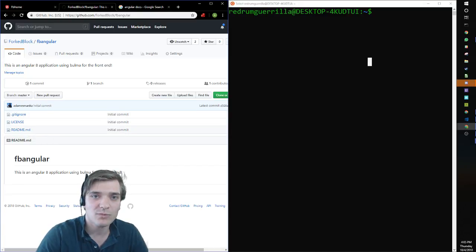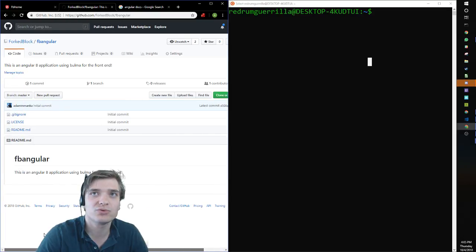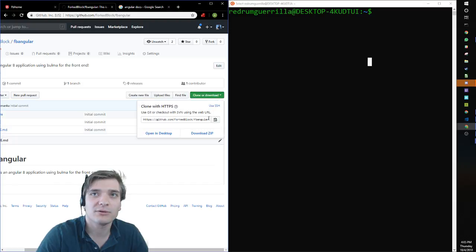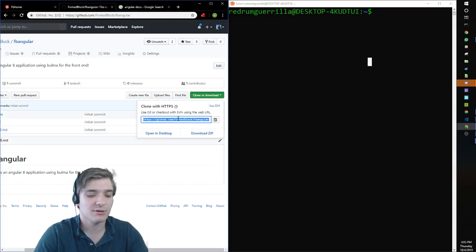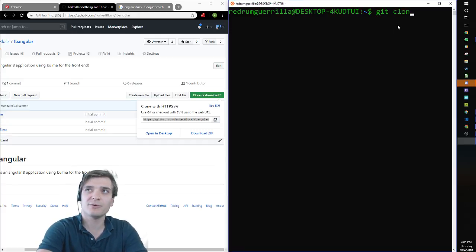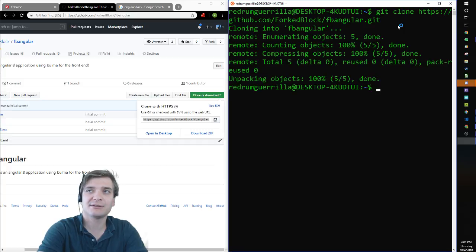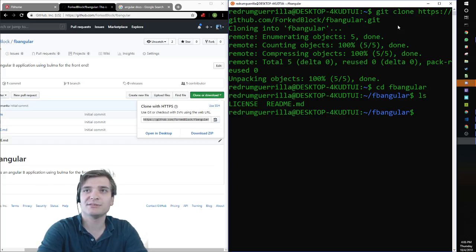So what we're going to do is clone it. Clone that. The command for that is really simple. We're just going to go git clone. Boom. And obviously just copying and pasting and then changing into this directory. And now, as you can see, we have the license and README files, but you won't see the .gitignore,